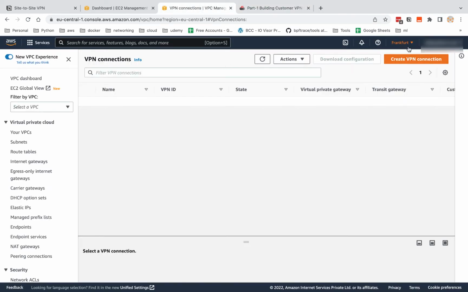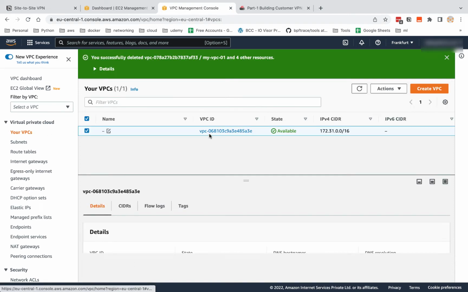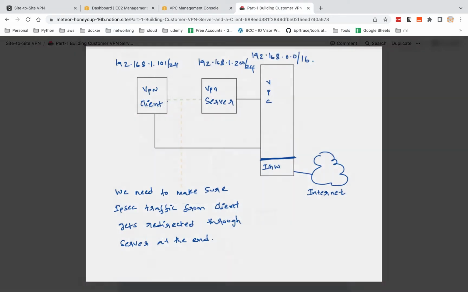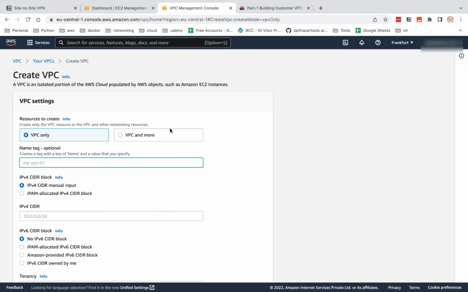I am in the Frankfurt region here. So what I would do is go to my VPCs. First things first, as per the topology here, my intention is to create a 192.168.0.0/16 VPC. It's always good to sketch it down, even the basics of things, because it gives a sort of calmness and also a confidence booster. So let's name it VPN VPC,